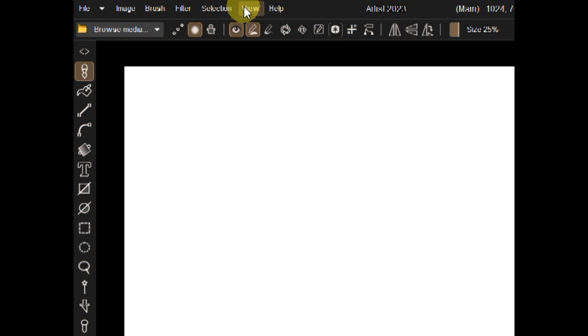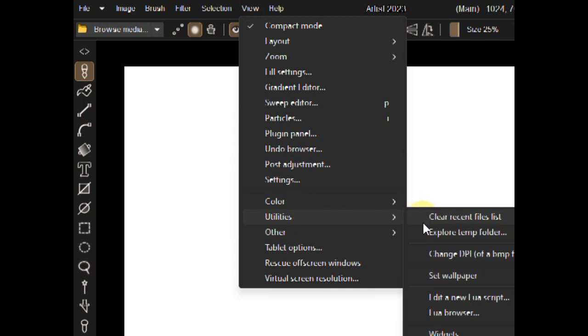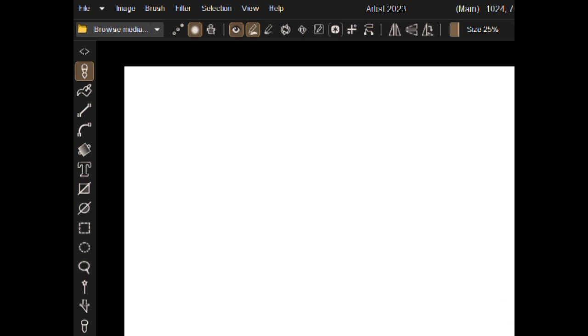Let me erase this, and I'm recording this to MP4 right now. We'll do a test with recording to AVI as well. I don't know if we'll be given a choice of what codec to use. That would be sweet. Let's see, we have view, utilities, widgets, and then unfortunately it falls out of my recording